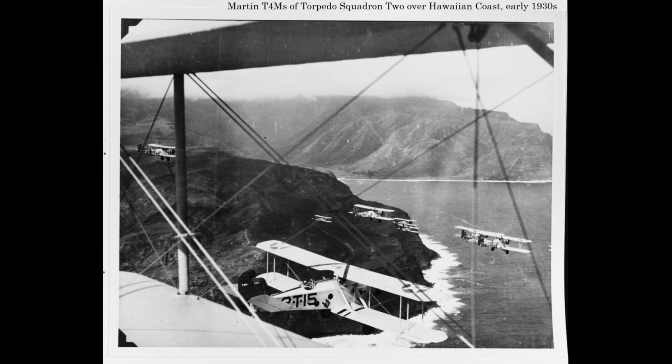Some of these torpedo bombers were built by the Great Lakes Aircraft Company, which split off from Martin during these years, and these virtually identical planes were designated TG. Development work on the T-4M produced upgraded prototypes for successor designs during the 1930s, but these were not developed into service aircraft. Therefore, the T-4M and the TG remained in service until 1938, when they began to be replaced by